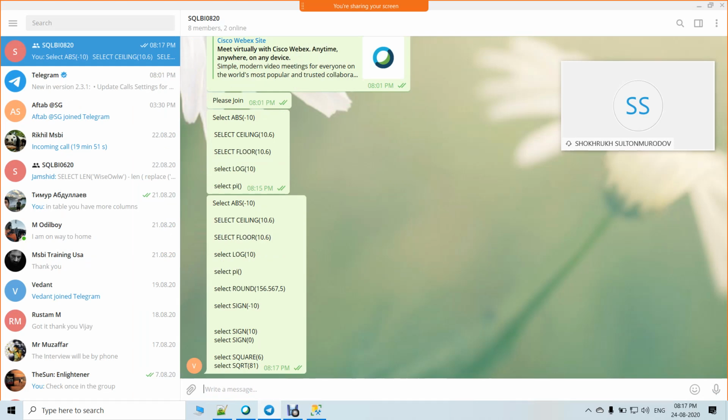So what is important here is that we usually use ceiling, floor, sign and round functions. Square and square root I have not used so far, but good to know. String functions are the important functions. Usually we will work with string functions more, and interview questions will also be on string functions only. Mathematical functions we use very rarely, only the round off function. Other than that, I don't think so. But good to know.